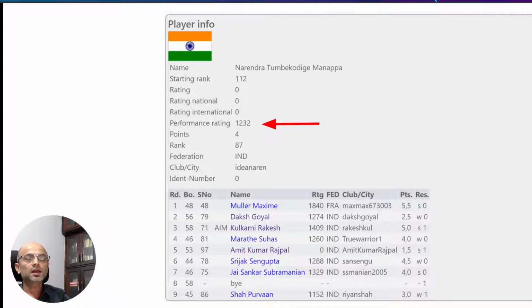And performance rating indicates the performance based on the opponents played and their ratings. It indicates the player's rating from the point of view of the performance in the tournament, which indirectly affects the rating of the player after finishing the tournament. Points indicate the total number of points the player has scored in the tournament, and the below table indicates the details of all the rounds for the player,